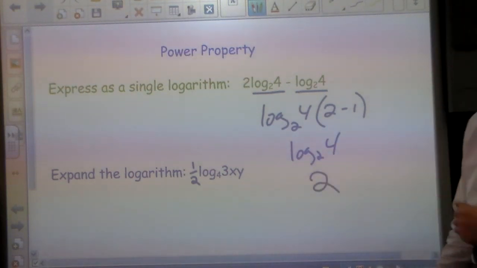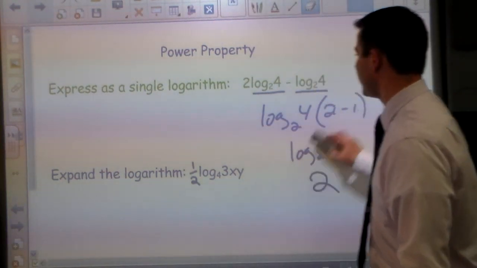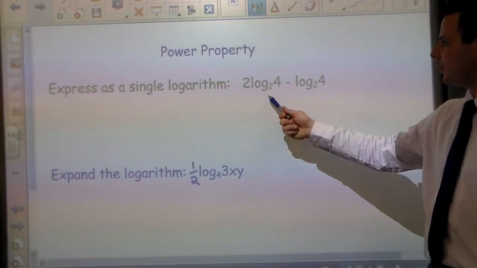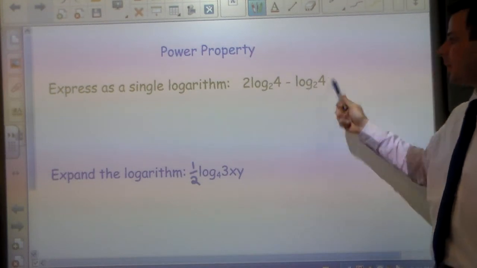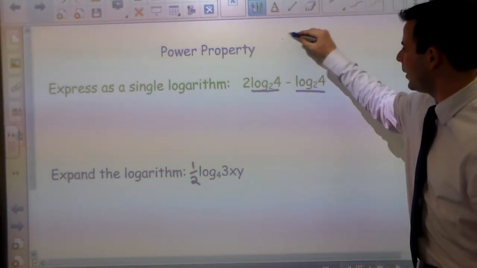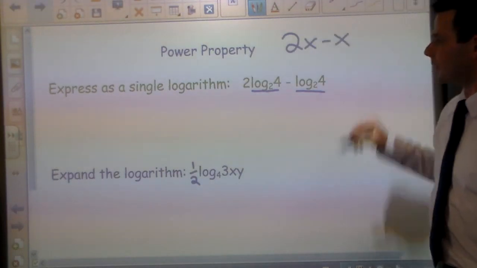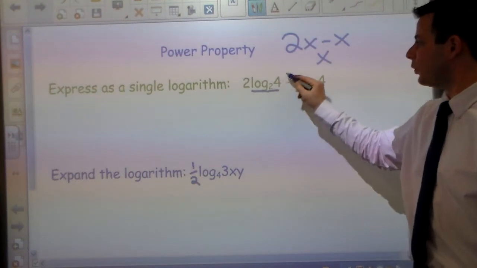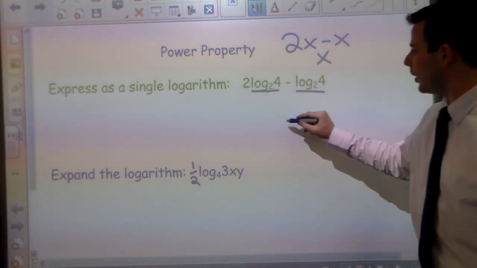The third way we got 2. Let's think about this another way. We have 2 log base 2 of 4 minus 1 log base 2 of 4. If you take a look at this, this is just like 2x minus x. Well, 2x minus x is x. Therefore, 2 log base 2 of 4 minus log base 2 of 4 is 1